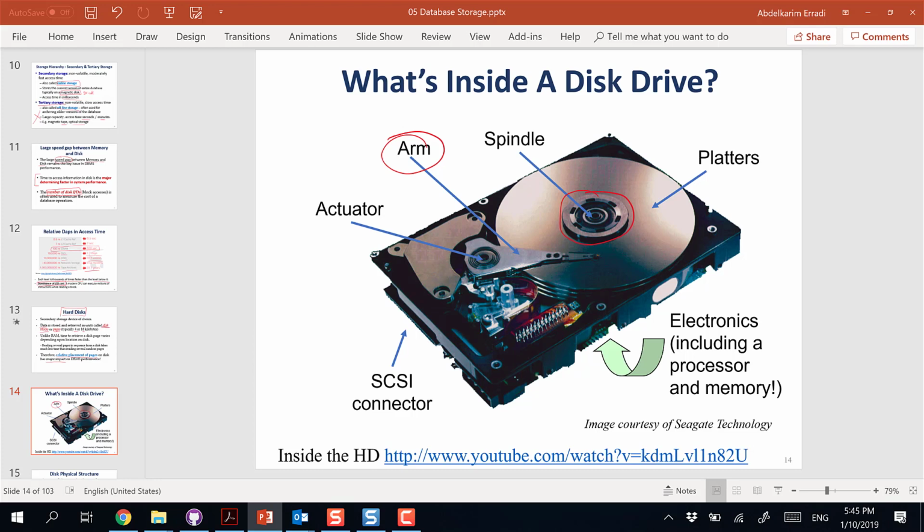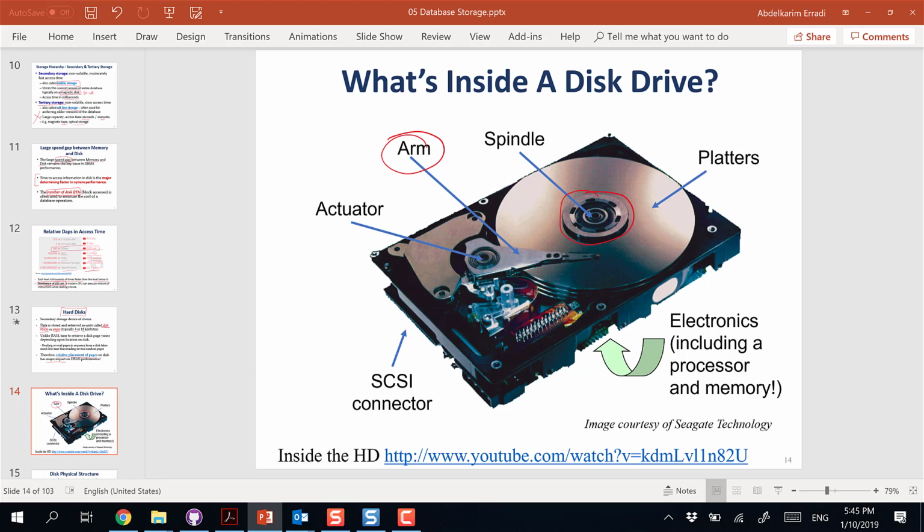So we have an arm that goes over these platters. And this arm, for example, if I want to read a certain block, I move the arm and I wait for the sector containing the block to come under the arm to be able to read it. Okay. So to summarize, I will give you further details, of course, but for now, from this picture, what we